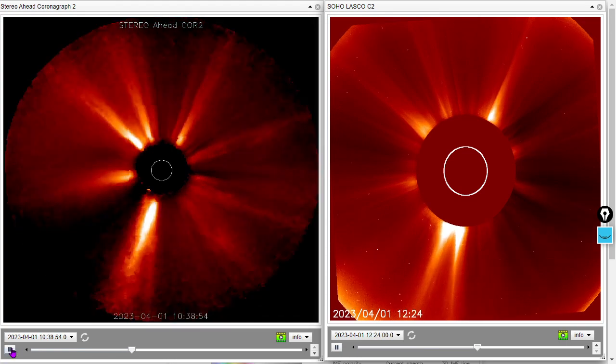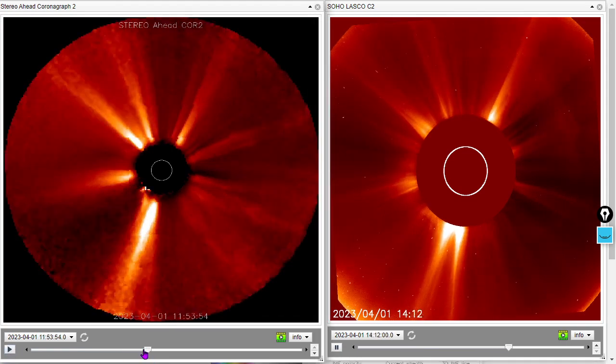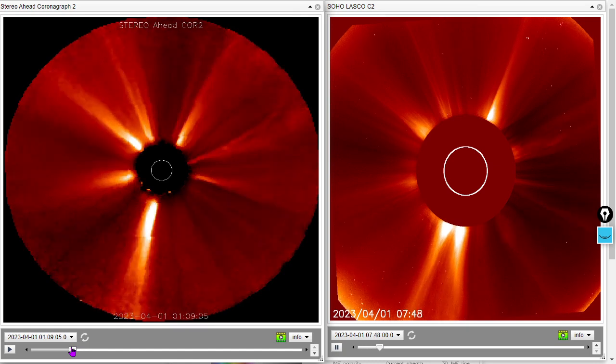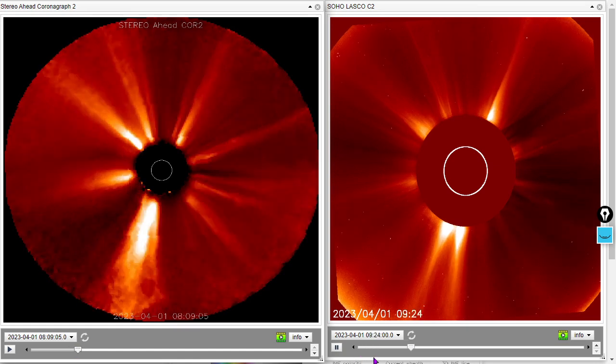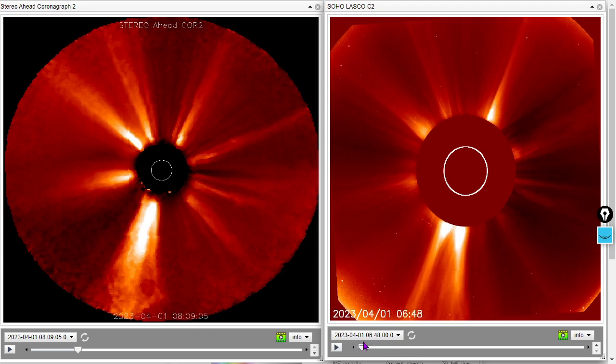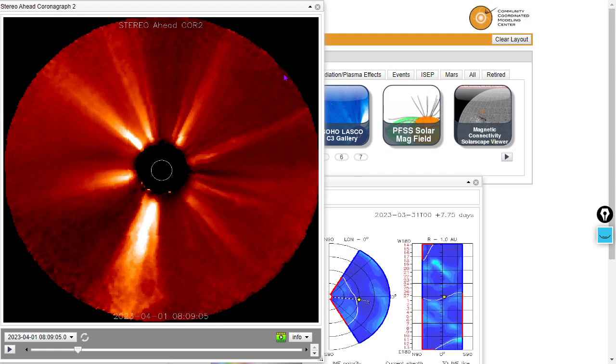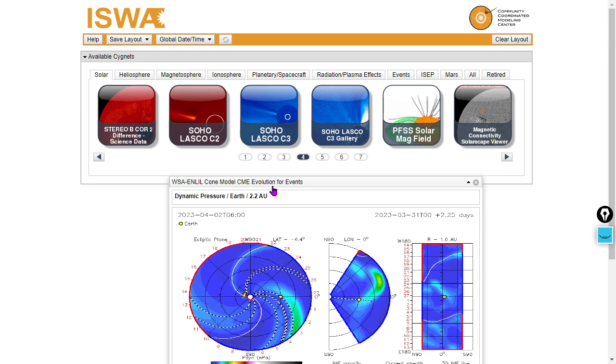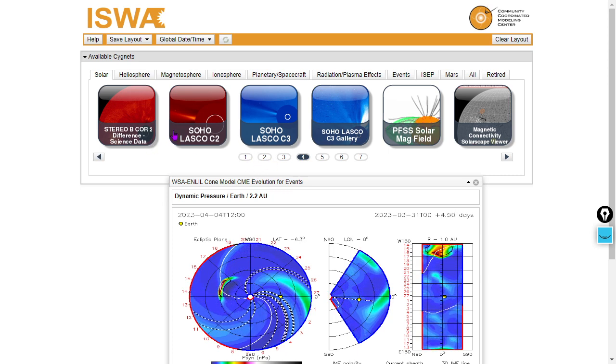So, right here, here's today on STEREO A, and whoops, you've got 7 hours of missing data there. And on the SOHO LASCO C2, you've got, oh, wait a minute, let me reload that. Get rid of the STEREO A entirely. In the meantime, here is